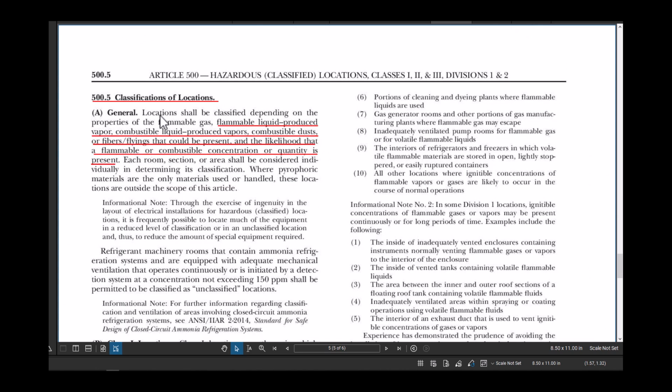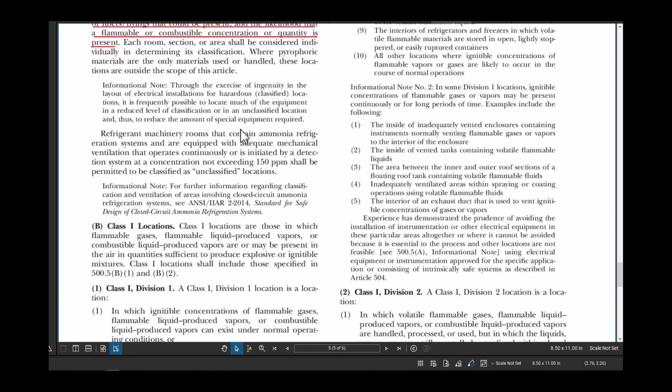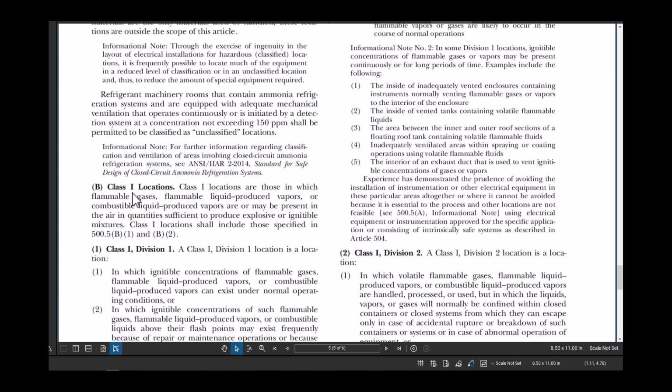When we go through the classification of the location, when we read through flammable liquid produced vapor, combustible liquid produced vapor, this is exactly like the question asked us word by word. When we go a little down, we see B, class 1 location. Class 1 locations are those in which flammable gases, flammable liquid produced vapor or combustible. This is exactly what we're looking for. Then we no longer need to go to class 2 or 3 to check those, but our answer is